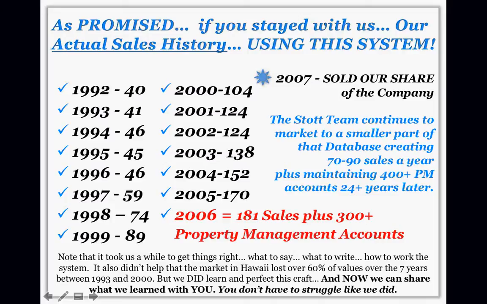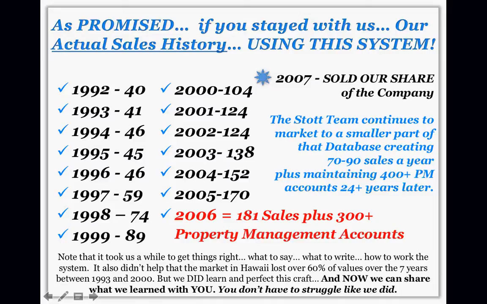These were tough years, and I'll tell you what, during these years most of our competition went out of business because they went from 40 transactions down to 0, right? We maintained during that time. And as a matter of fact, in 97, we had built enough trust and confidence with people who were being hit. They started getting out of the market. So our sales went up. 98, 74. 99, 89. By the time we finally hit the bottom, we broke 100 sales.